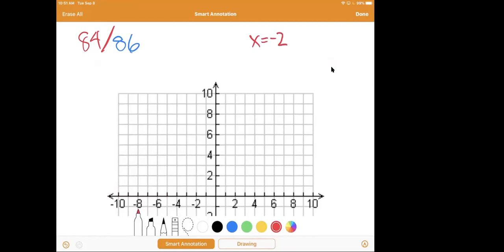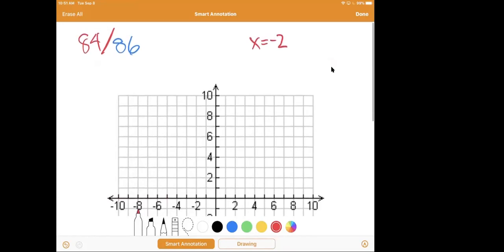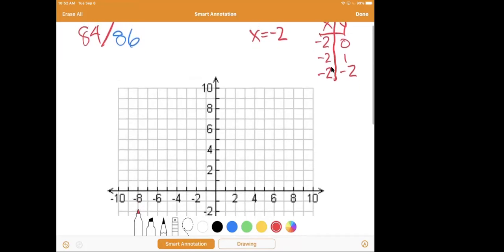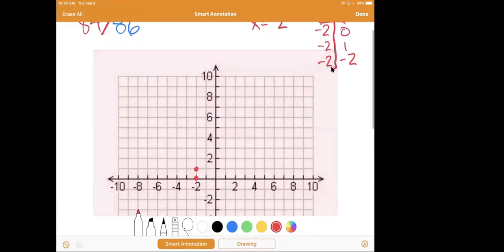Okay. Now, we talked about this. I guess I talked about it in the video lecture. But when you have an equation x equals -2, what that means is that it doesn't matter what y equals, x will always be -2. So in other words, if you make a table of values, you can pick some values for y like 0, 1, and -2, but x is always going to be -2. So when we graph those points, like (-2, 0), (-2, 1), and (-2, -2), you'll see that we get a